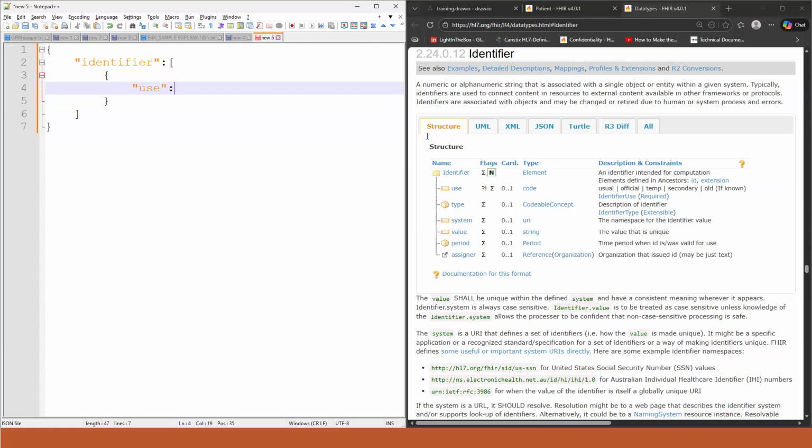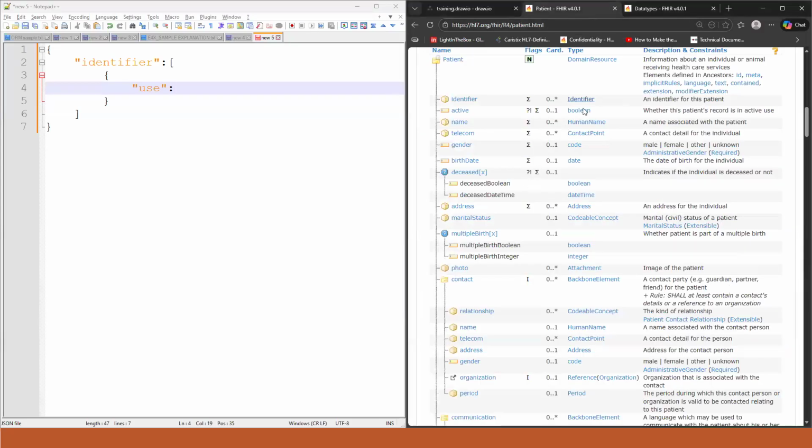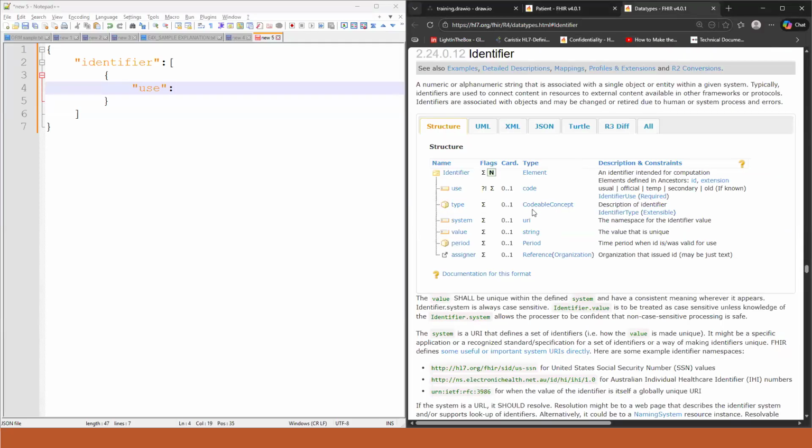Now again, the individual child elements will have their own properties. You can see that we have flags, cardinality, type, and description, same like the resource structure elements. Even the data types, if they are complex data types, have their own individual properties. Now when we talk about use, this is optional, not a mandatory element. And the upper bracket, the maximum occurrences, is set to 1, which means it's not an array, it's a single